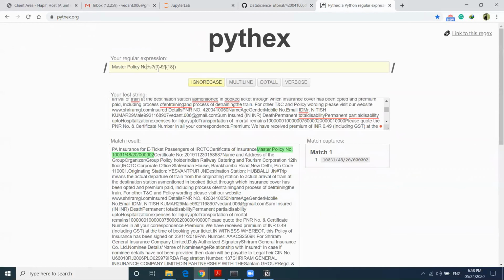So we have defined our regular expression such that our number will always be preceded by master policy number followed by zero or more spaces. \s means space, and whatever we have included in parentheses is our group. You can see here the group is shown.